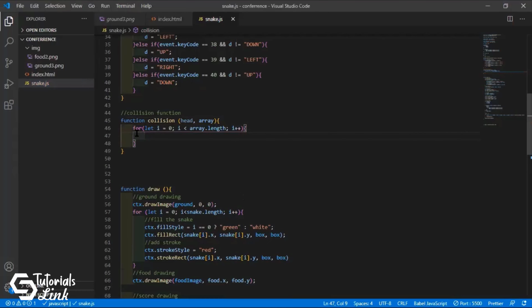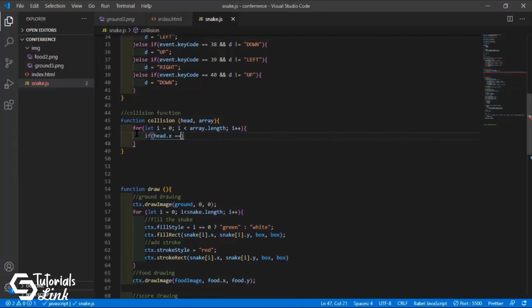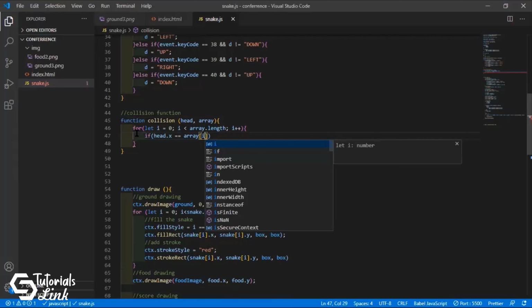And if this satisfies, then we will check if the head x coordinate is equals to the array, which means the array in the recent index, the i index x coordinate, and.